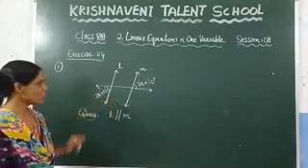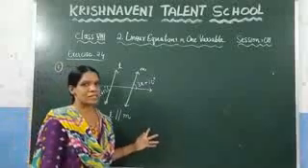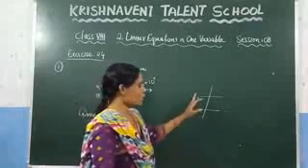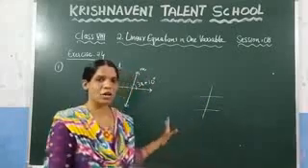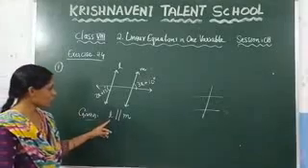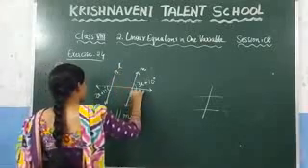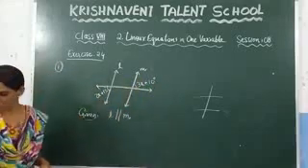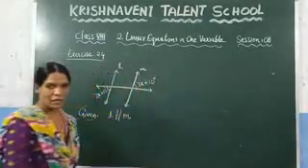And you know that if two lines are parallel, in the 7th class you already studied about the transversal. If two lines are there, we call this one the transversal. We already discussed the properties of corresponding angles, interior angles, and all this. Based on that concept, we are going to solve this one. Here, L is parallel to M, so these two lines are parallel, and we call this one the transversal. Based on the transversal properties, you need to find the value of x.